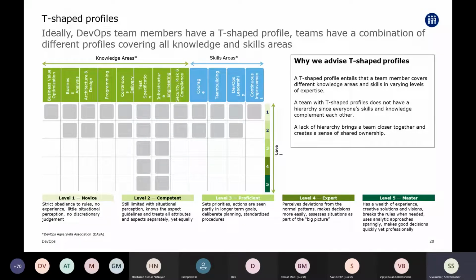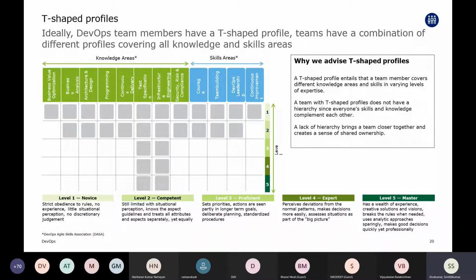Level 4, expert. Expert level is all about being expert in terms of creating the scope and executing the process and delivering the modules. Level 5 is a master. They are very much pointed into that stack, and they know how to execute, they know how to form the team,